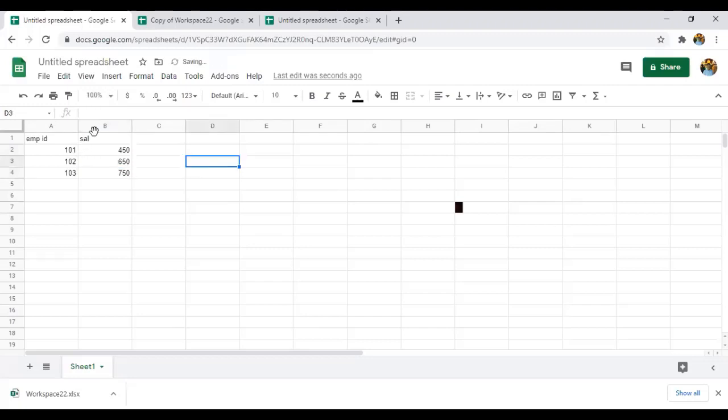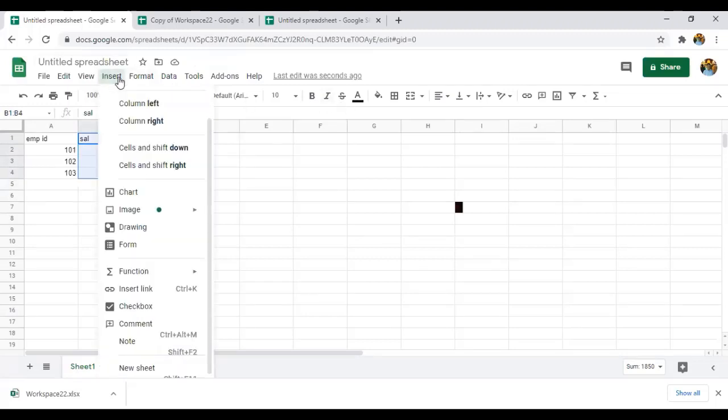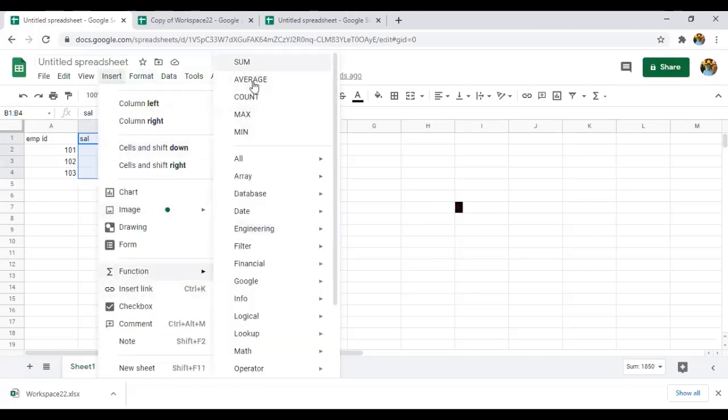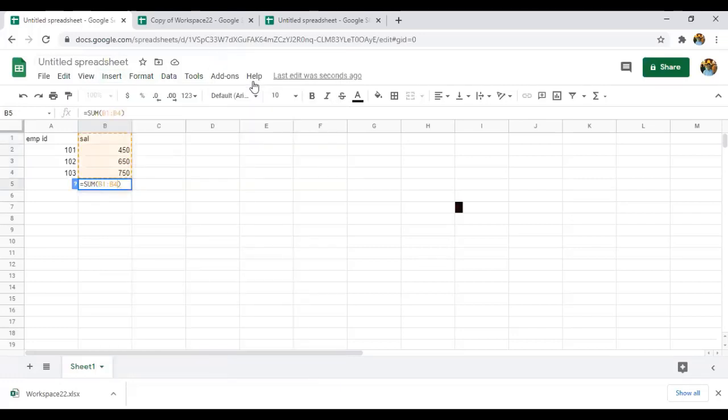I just want to get the salary total, so go to Insert, go to Function and click on Sum. You can see here the total value of the salary, that is 1850.